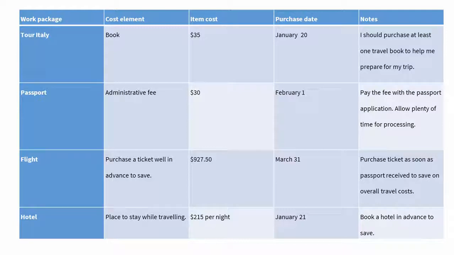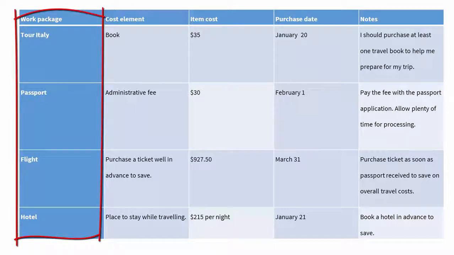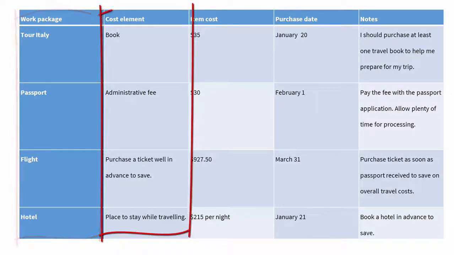This is an example of creating a definitive estimate for your project. So what's happening in this table is you have all of the work packages in that first column. Now, this is for a goal to travel to Italy. So the work packages are the tour Italy, the passport, the flight, the hotel, and so on. The cost element, what are the things that are being purchased here? So a book, there's an admin fee with first time you get a passport, the ticket, the place to stay